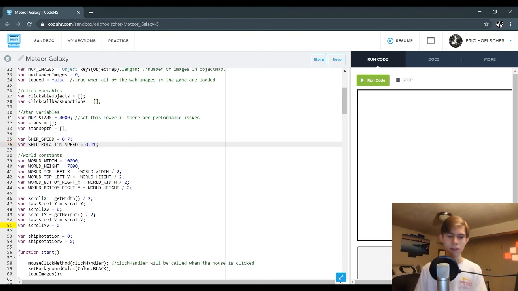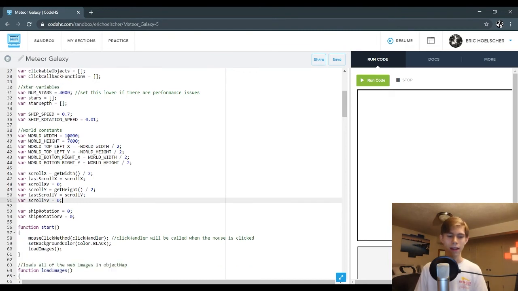For these sorts of things, I find you just have to do some trial and error and test different numbers until you get the right feel for how fast your objects should move around. I've done the testing already, so that's done for you. But of course, you could modify these if you want to have your ship move faster or slower, or maybe you could even have it speed up as the game goes on, maybe as an incentive to keep playing longer because you want your ship to move faster. So you can do whatever you like there. But if you do change the ship speed, probably you shouldn't have it be in this uppercase format,